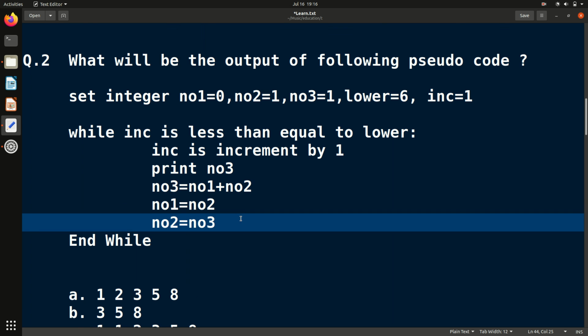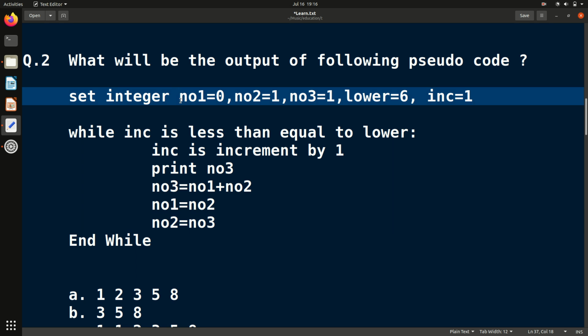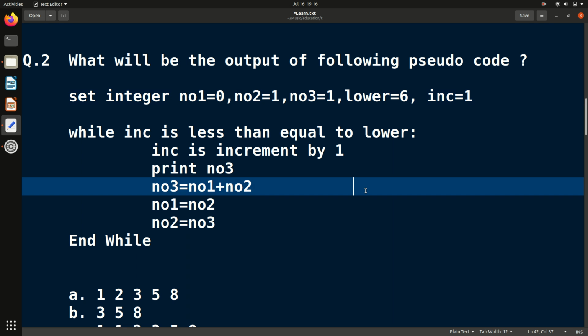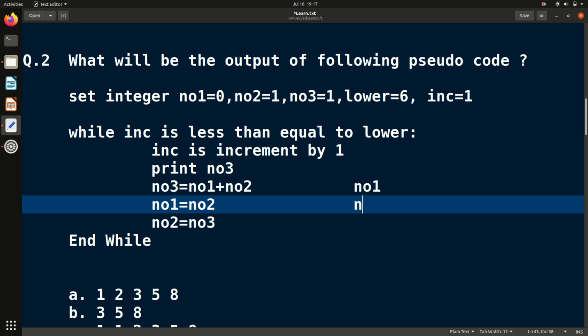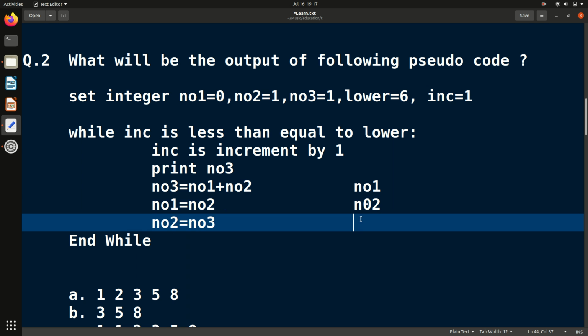We just have a while loop. Although after seeing this question you might think that it is lengthy, no problem. Whenever you have this type of pseudocode question, you just have to keep all these variables in mind. That's all. And to keep all these variables in mind, we will create a table where we will keep checking all these values. So NO1 is here, NO2 is here, and if you create this table, the question will become very